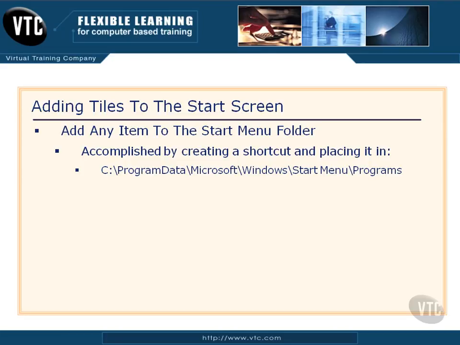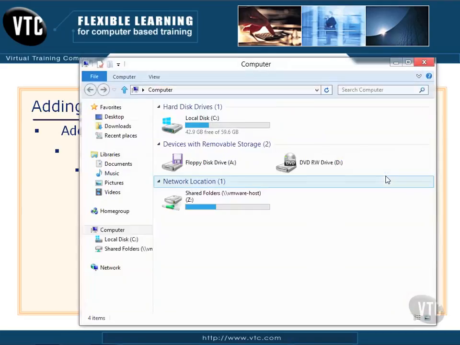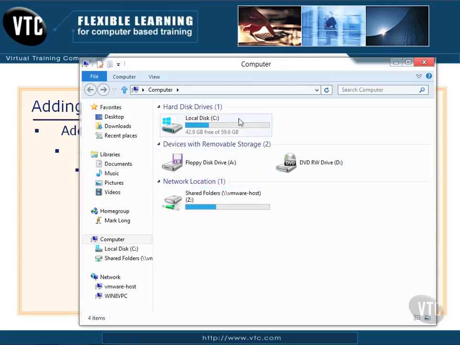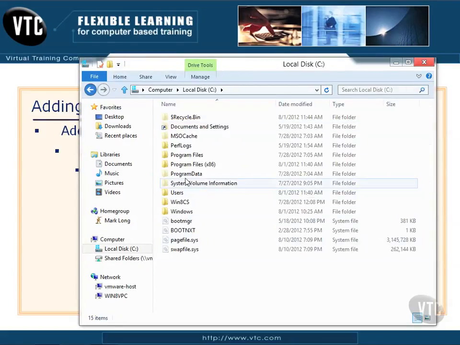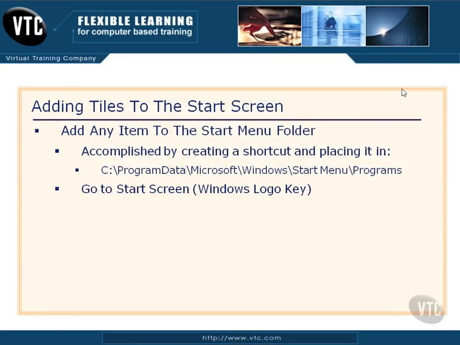Now keep in mind, if I go out to Windows Explorer and go into C, notice Program Data, with no space in there, and you'll notice here it's a little lighter. I don't know if you can see that. That is a hidden folder, and I have to turn on hidden files to see that. You'll see that later on in the course, so let's just keep moving here. Okay, now once I have made my shortcut and placed it into this location right here,